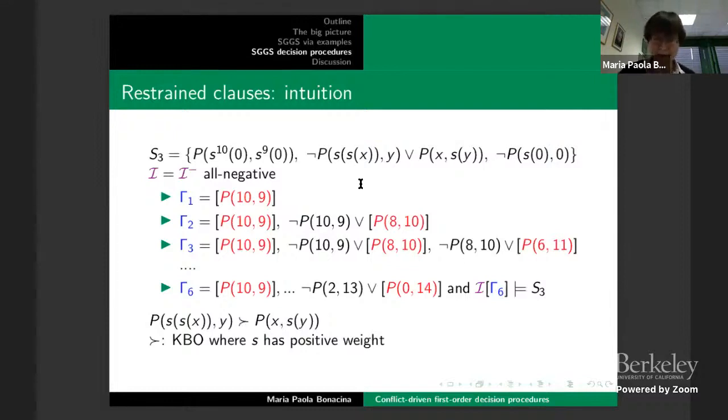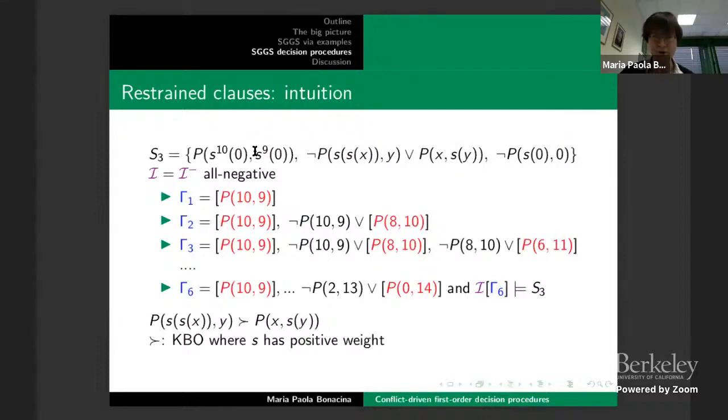Now, what happens is that SGGS will generate a ground derivation because the set is ground preserving. It will generate only ground literals. The new literals are ground. And furthermore, they are getting smaller and smaller because, for example, if we put on the trail P(10, -9) in order